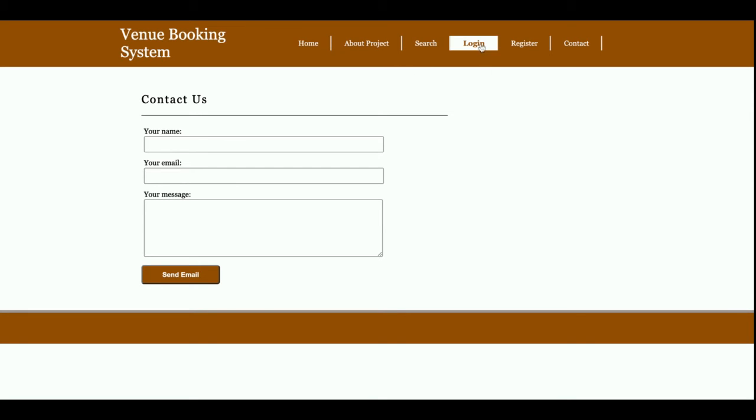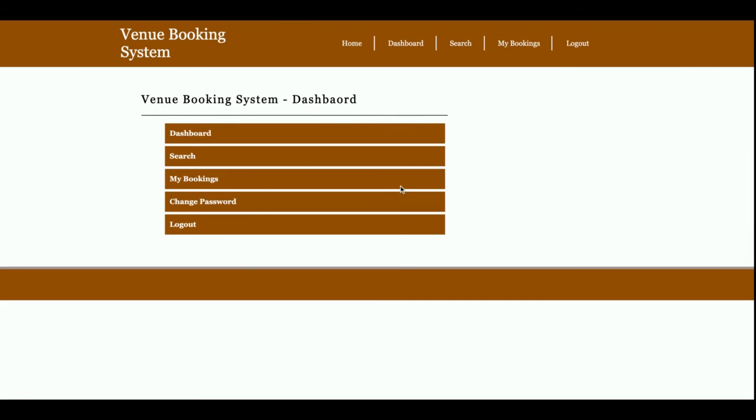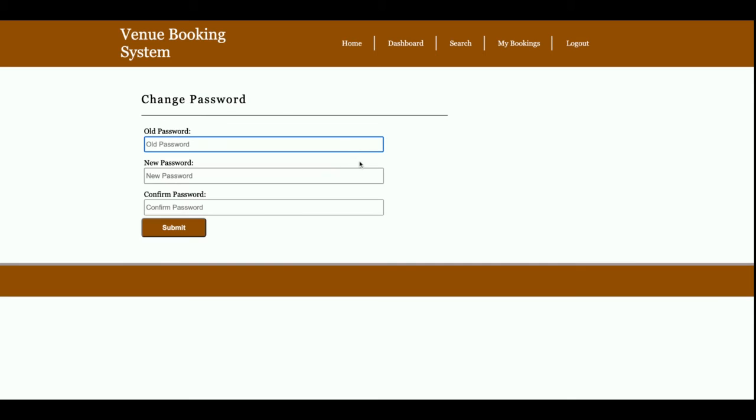So let's log in. The user ID is customer and the password is test. Once you log in inside the system, you will get the customer dashboard, from where the customer can search, see my bookings, and change password. Let me show you the change password.